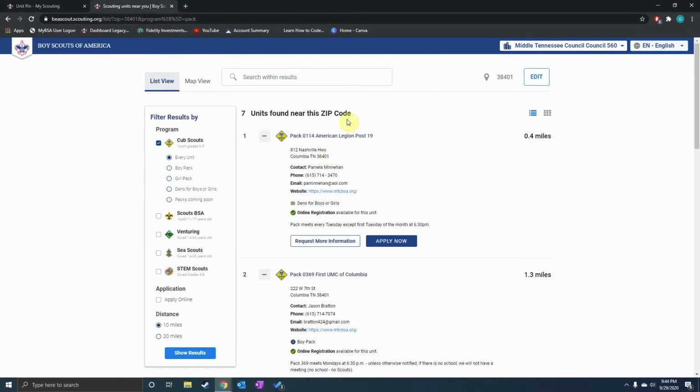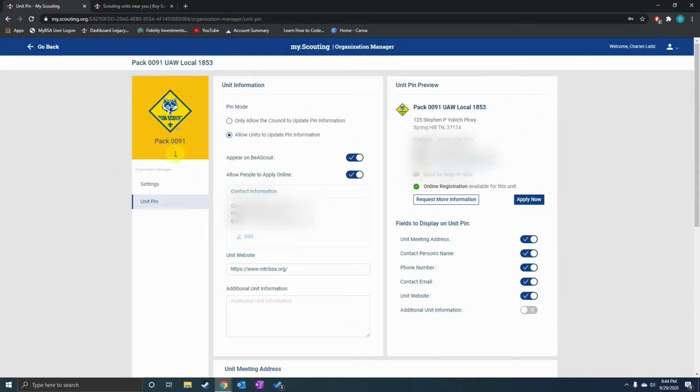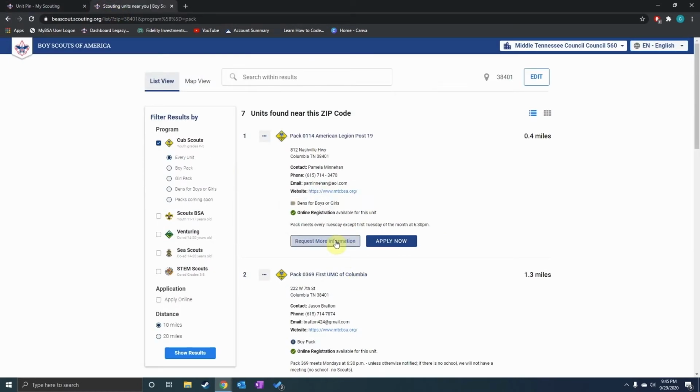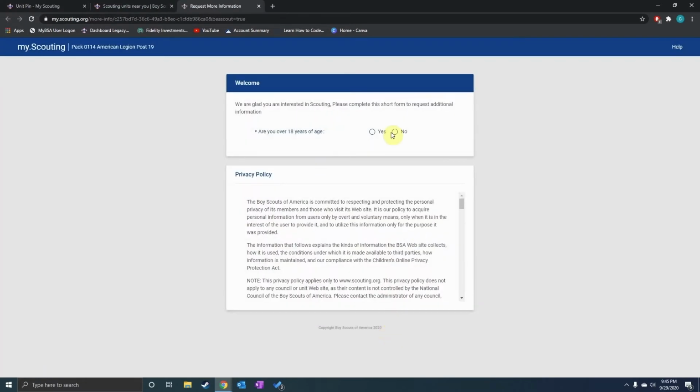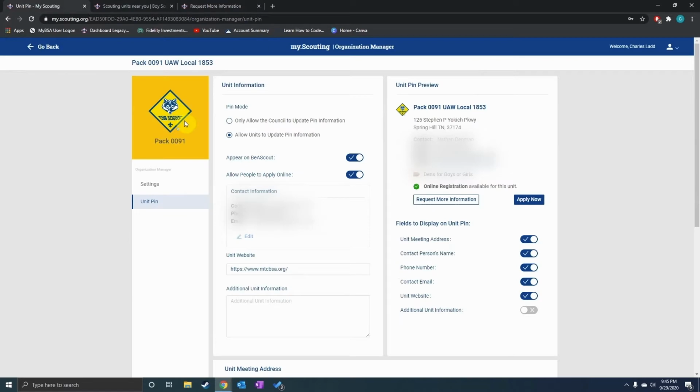So how do you change this information? Well, that's where this unit pin comes in. All this information right here is what they change. The key 3 of a unit can change it. There's a lot of info here. You can check mark what you want it to show. Request more information. Everything's right there. Now, what happens when someone requests more information? They'll hit this. They go through a couple more pages, but it will notify you